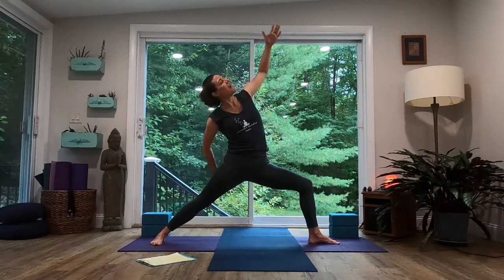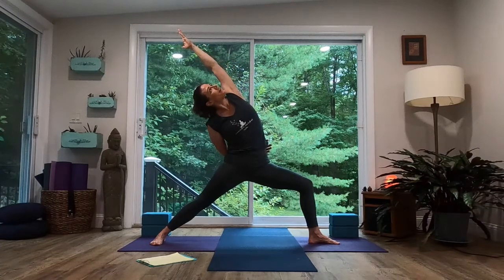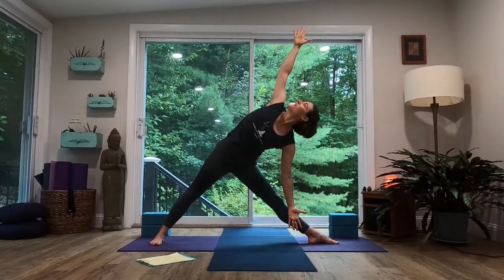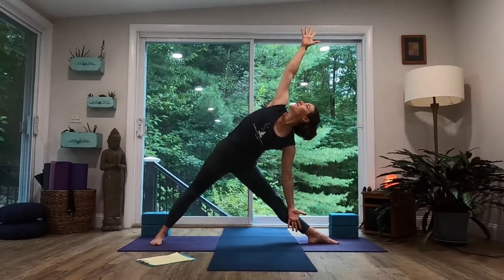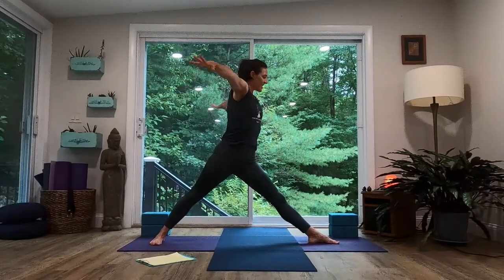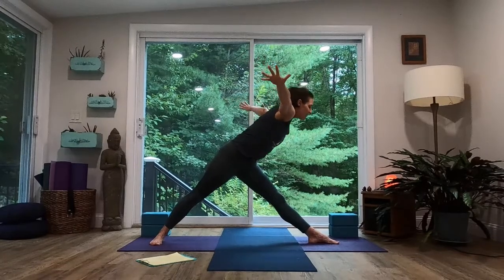Then working on a little strengthening for the front leg by tucking the right hand or sliding it down the right leg. Inhaling left arm up and over. Reverse warrior. Rising up, straightening the front leg, hips to the right, stretching out to the left, and tipping into a triangle pose. Breathing here, gaze up to the right fingertips, rising to standing, finding a twist, hovering out over